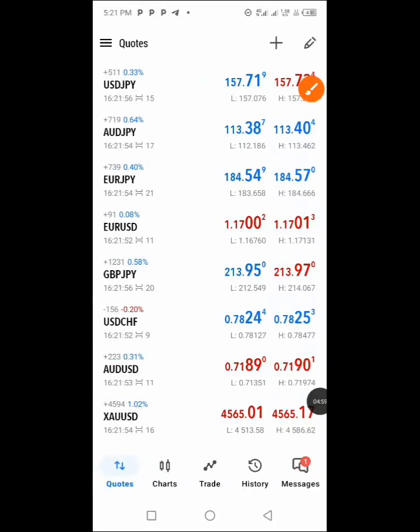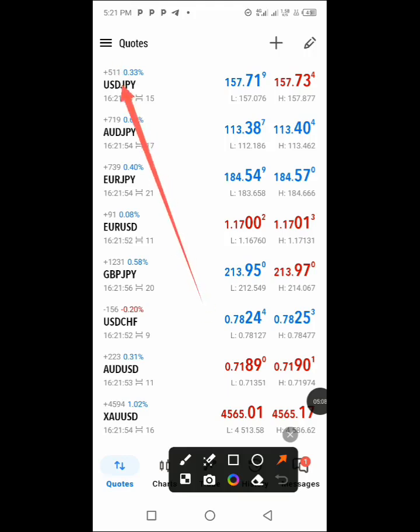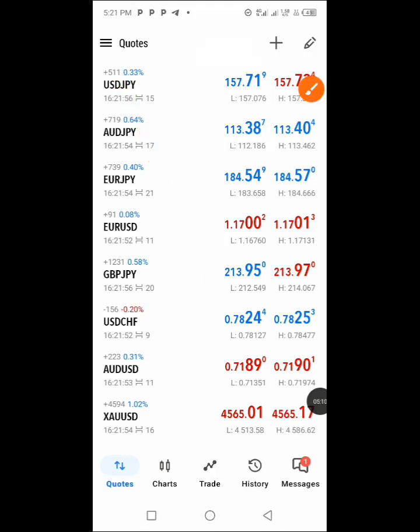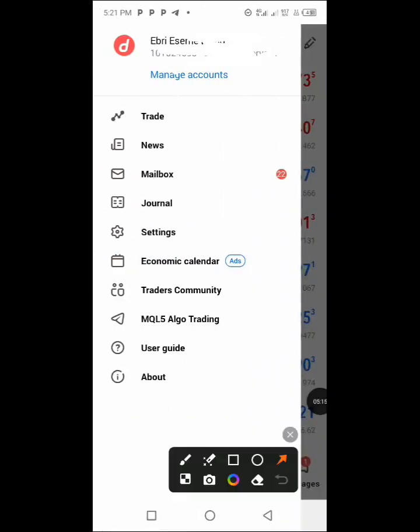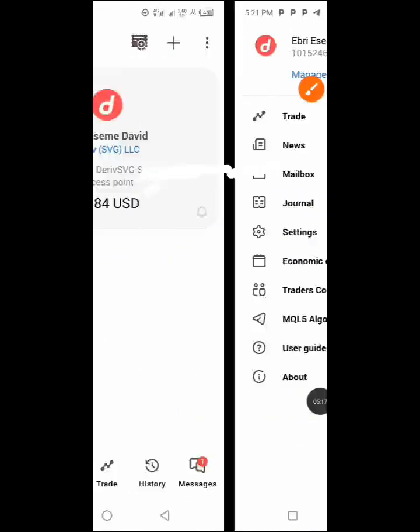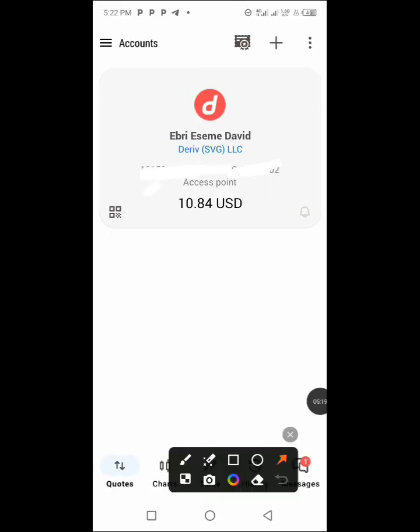So after you've sent it, just minimize and head back to your Meta5. This is my Meta5. Just go ahead and click on this place right here to be sure that the money has been sent. As soon as you click right there, it's going to take you right here. Go ahead and click on manage account. Then as soon as you click on manage account, boom, this is the